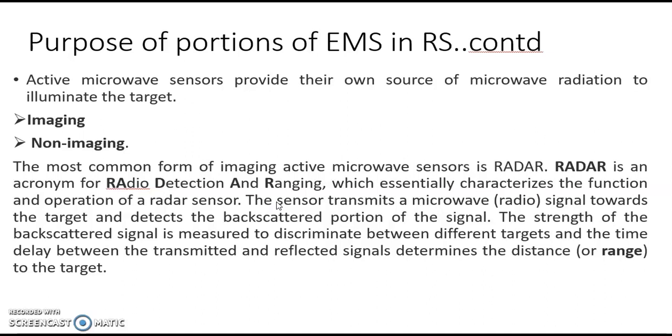So based on this particular property, based on the time delay between the transmission and reflected signal, you remember something like this we had discussed in hydrographic survey, when we were talking about sonar waves. Now that's a different type of waves, but basically the same principle was used. The time taken for the transmission of the signal and how much time it takes to reflect back can determine the distance, or the range, to the target. So this particular property is used to determine the properties of the targets.